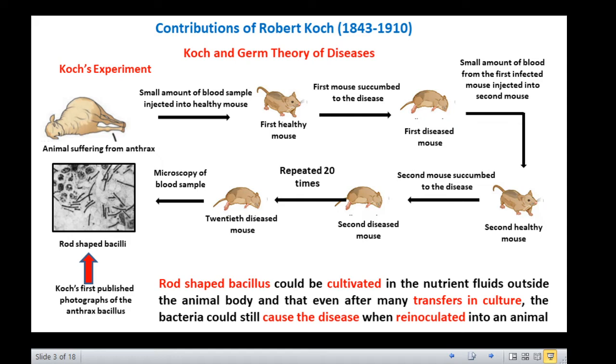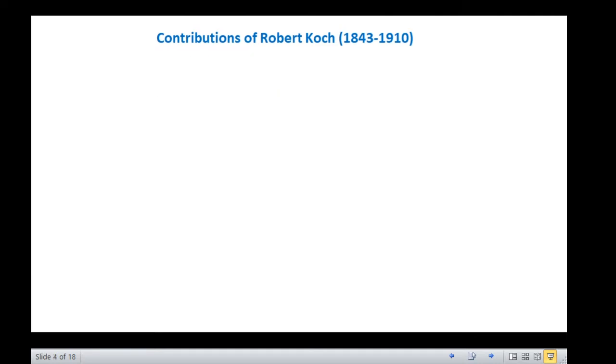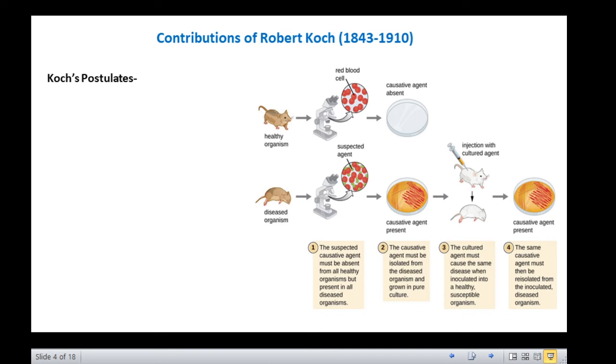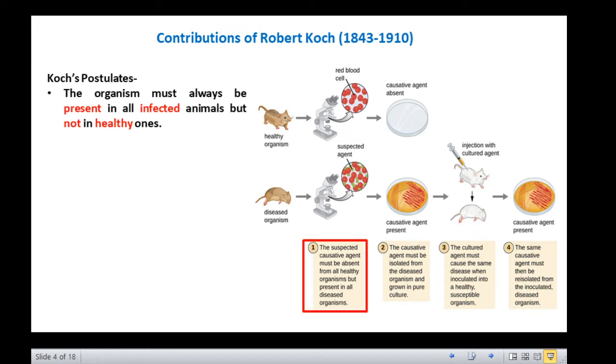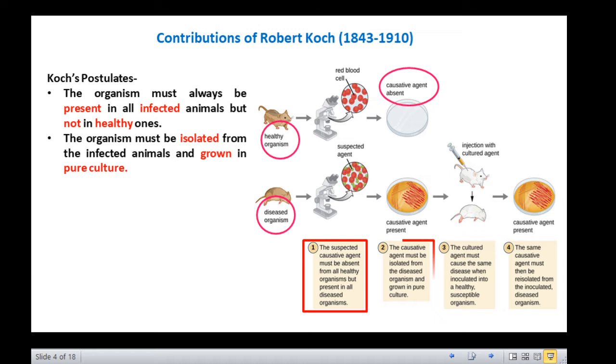Thus, on the basis of these and other experiments, Koch formulated what we now call Koch's postulates for proving that a specific type of microorganism causes a specific disease. The Koch's postulates are: the first one, the organism must always be present in all infected animals but never in healthy ones. The second postulate states the organism must be isolated from the infected animals and grown in a